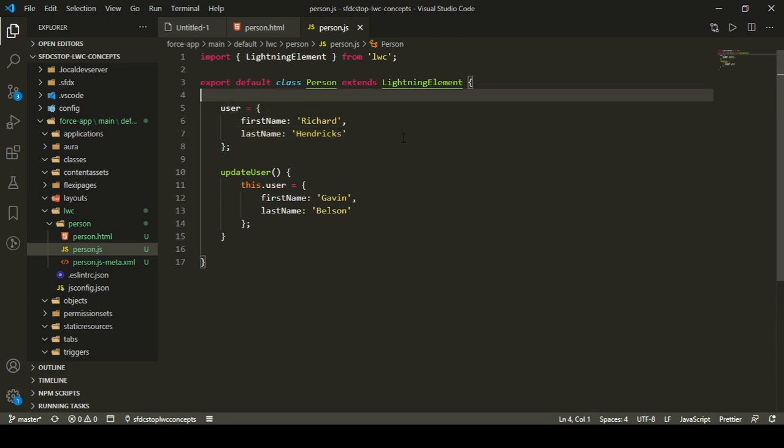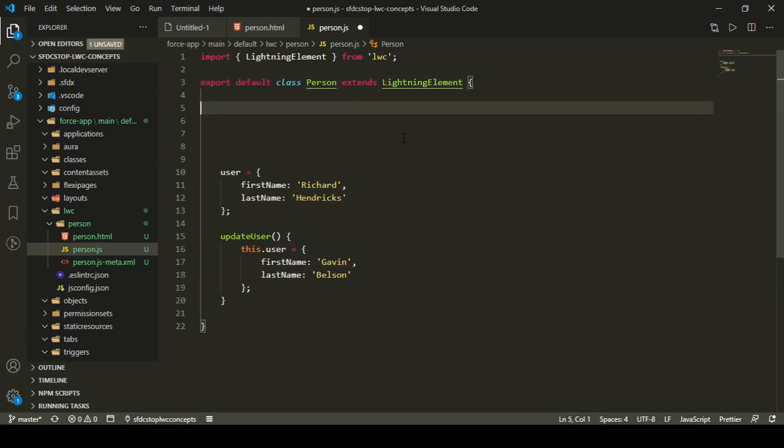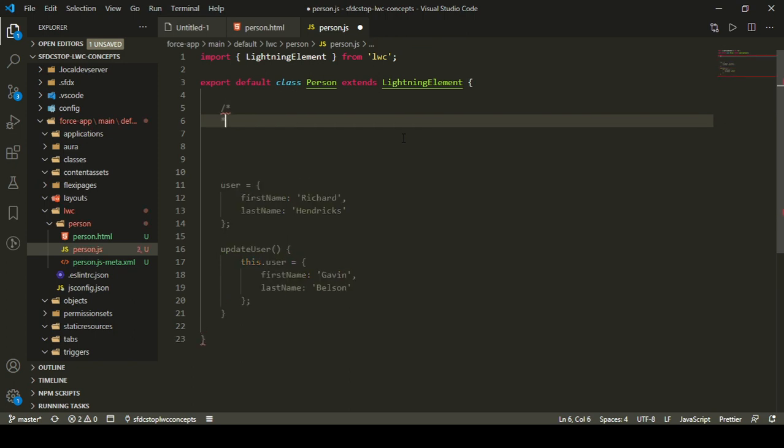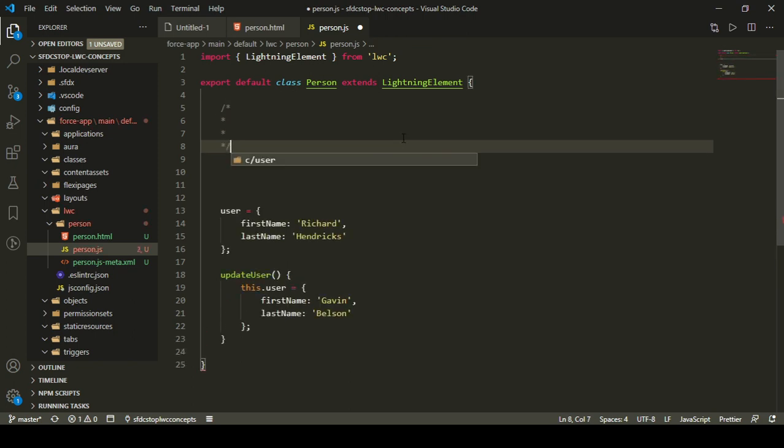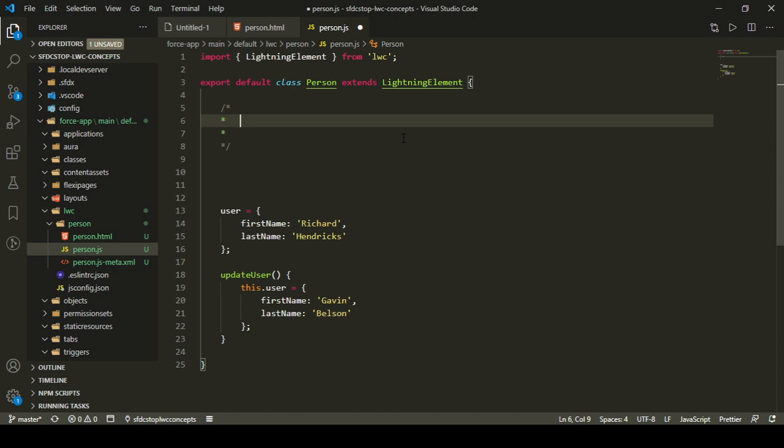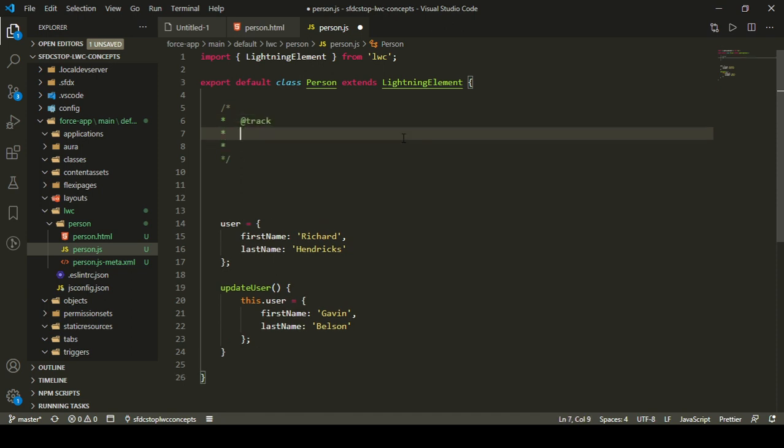Let's learn about those. There are mainly two decorators in LWC. Let me just add a comment. So yeah, there are mainly two decorators in LWC. One is track, and another one is API, right?